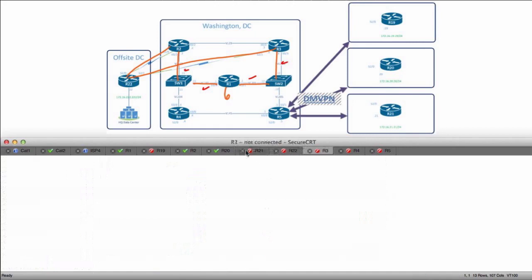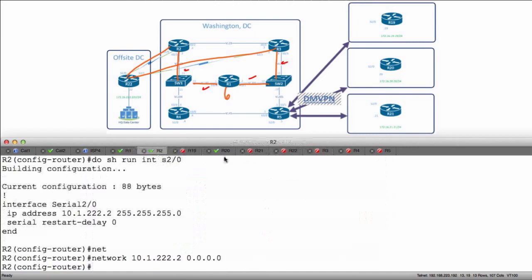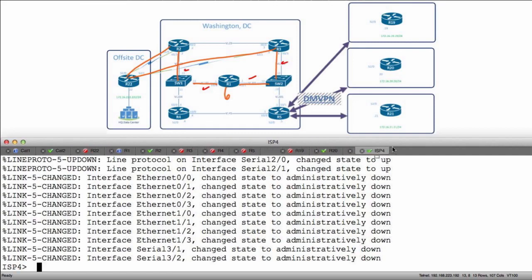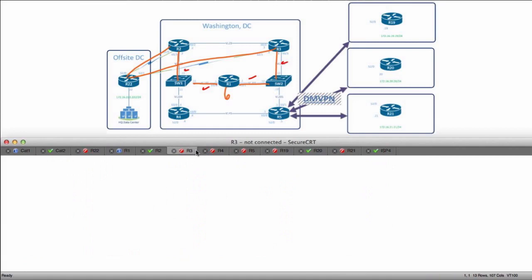Man, these are all out of order. Give me just one second here. Let me do 3, 4, 5, 19, 20, 21, R22. So just to make my life easier, I'll go ahead and put this here and I'll drag the ISP to the end. All right, so now on R3,